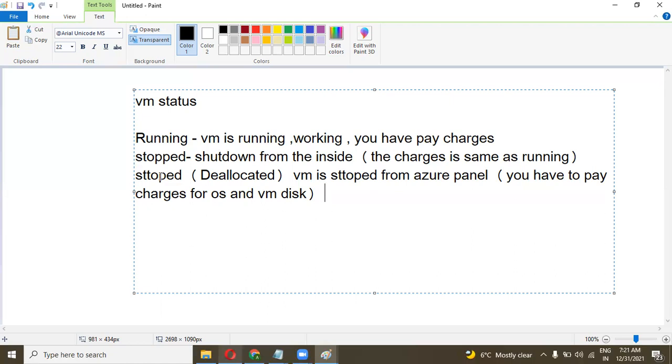And if you stop from the Azure panel, then you only have to pay for the OS and the VM disk. No need to pay for the IP or anything if you're not using a static IP. If you use a static IP, then you need to pay for the resources you allocated.